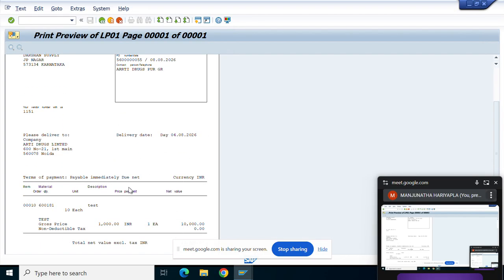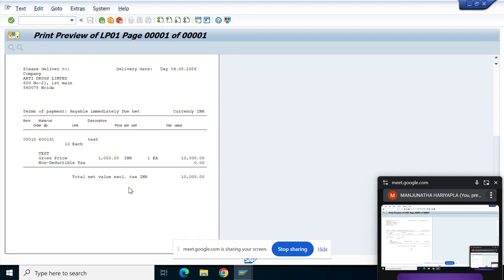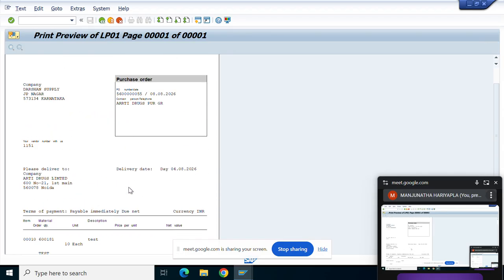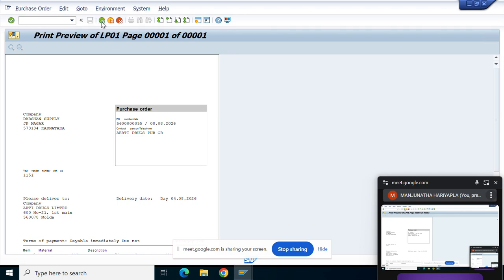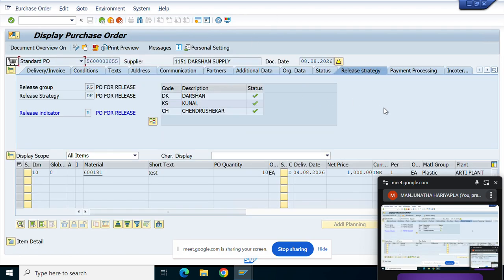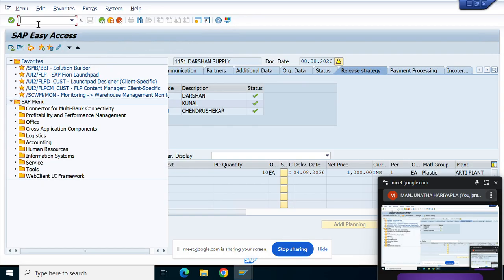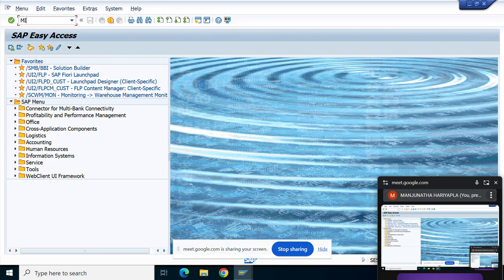Order quantity, where it is ordered, and when it was created, everything will show. This is how your PO will look, and you can take a print and send this PO to the vendor and do the further entry. Further means the goods receipt and invoice processing. The payable to you. Okay, go to the legal, press enter,